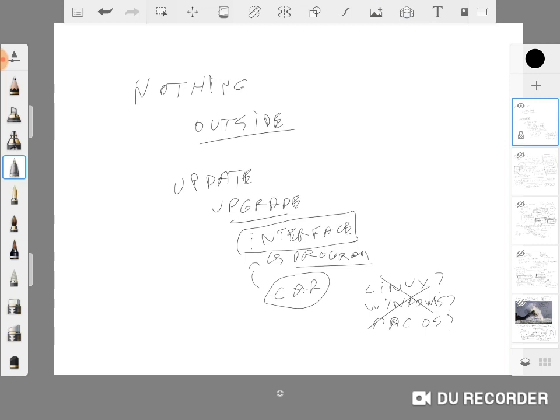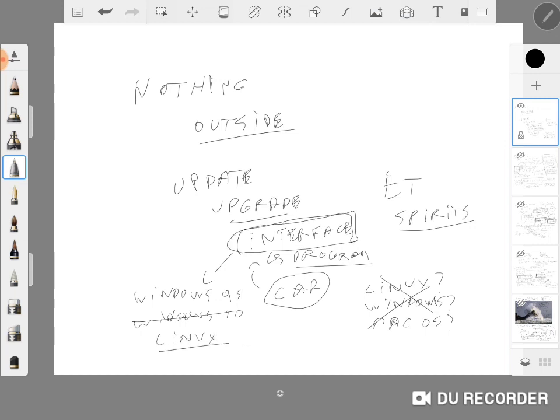Whenever you hear somebody channeling an ET or talking with spirits, it's the same as if they have moved on from Windows 95 to, say, Windows 10, or even switched to Linux or something. They have updated their interface to allow them to interact with a bigger part of infinity.